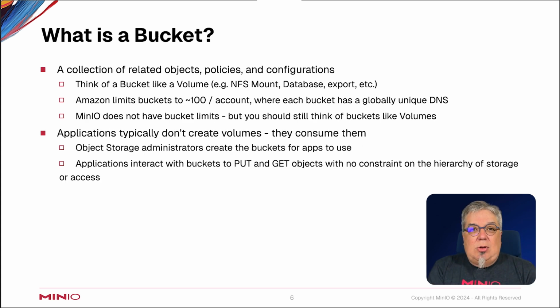The other thing that we use with MinIO, with object storage, is this concept of a bucket. A bucket is going to be a collection of related objects that all share the same policies. They all have the same sort of configurations. You can think of a bucket like a volume on your local operating system. Amazon generally limits buckets to about 100 per account. When you're using Amazon S3, this also allows you to have each bucket with a globally unique DNS that makes accessing your different buckets very, very simple. MinIO, on the other hand, does not have bucket limits. You can set up as many buckets as you want,